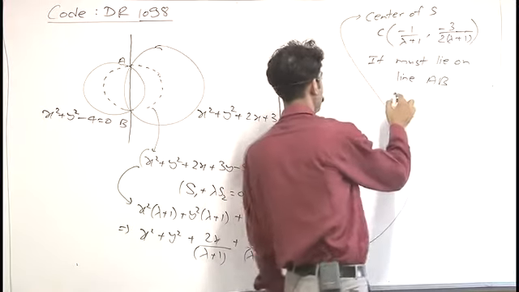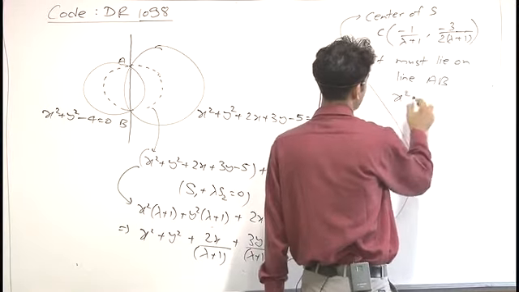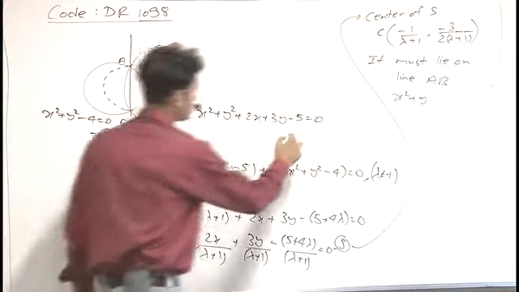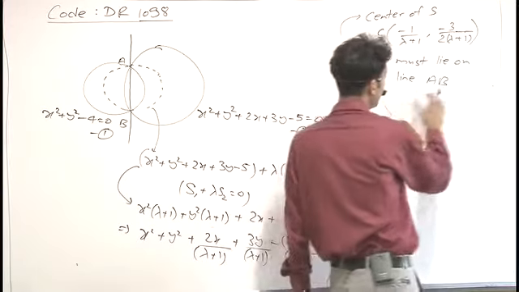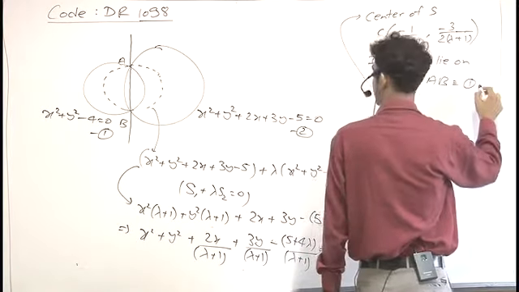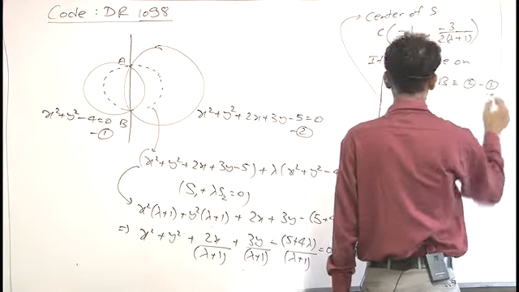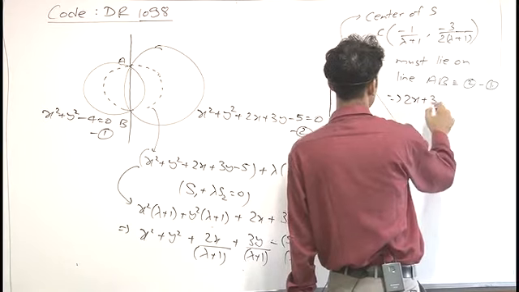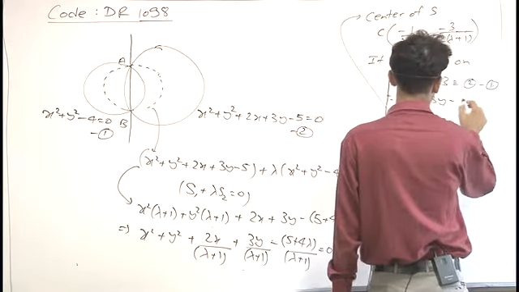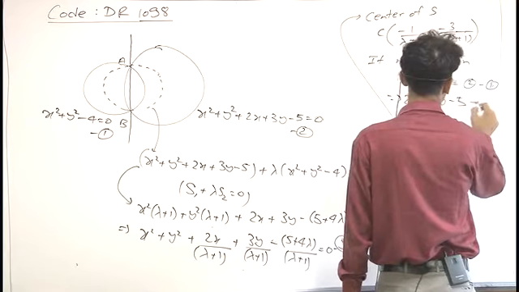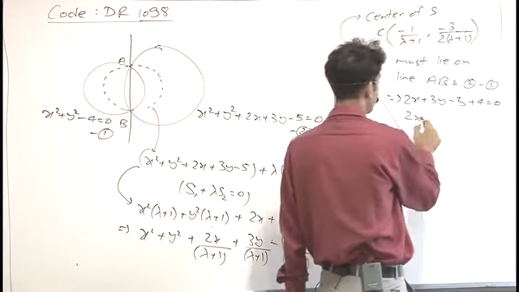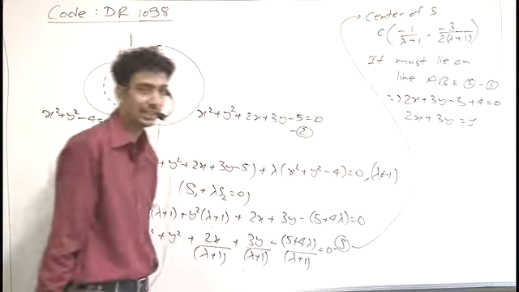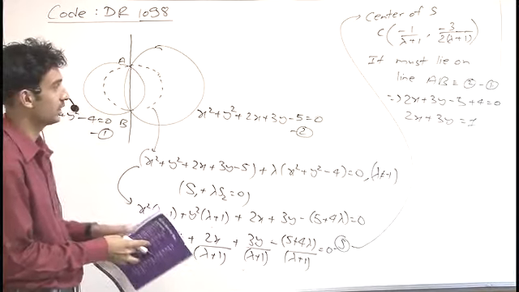we can find the equation of line AB as follows: x square plus y square. If we name this circle as 1 and this circle as 2, then for line AB we will use 2 minus 1. So the equation of line AB will become 2x plus 3y minus 5 plus 4 equal to 0. So 2x plus 3y equal to 1. It is the equation of line AB, which is the common chord for both the circles.